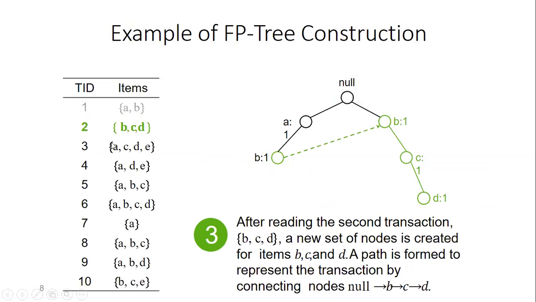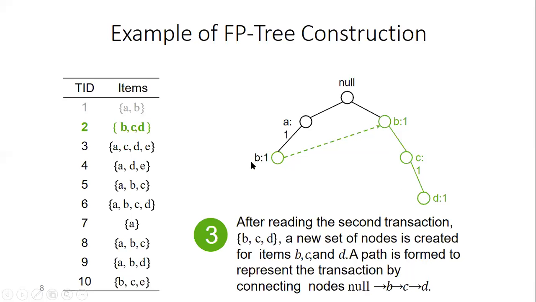Okay, so you can see here the first is over, so I've disabled it. The second one, in green color, is the second transaction, which has the item set with the items B, C, D. You can see here B, C, D. I think you have observed this B, C, D. So in this transaction, we have B, C, D.